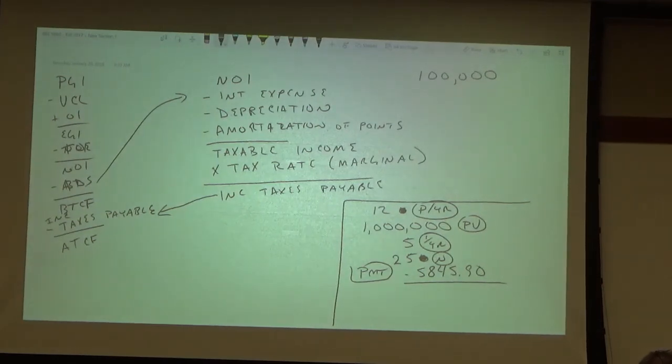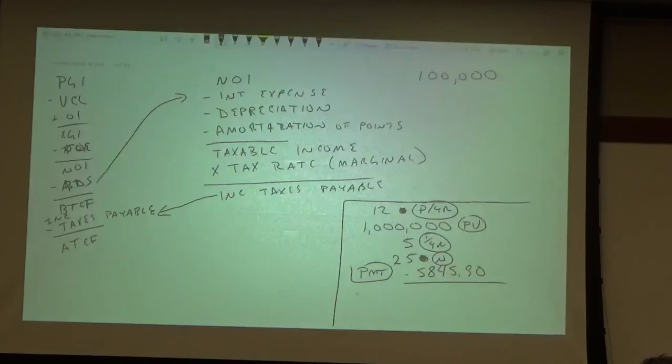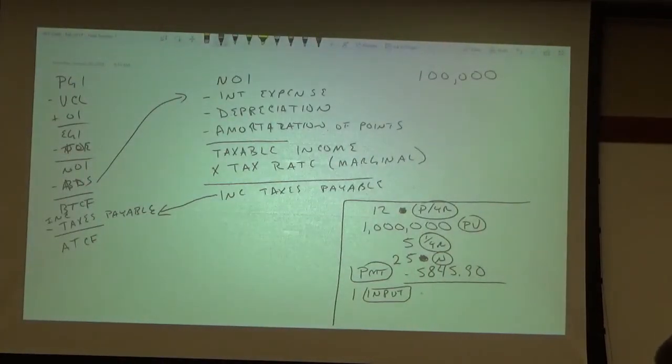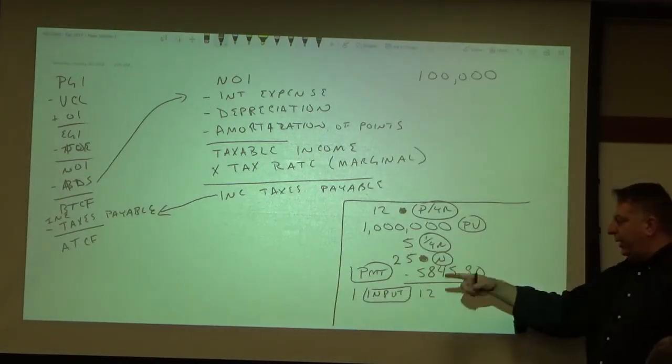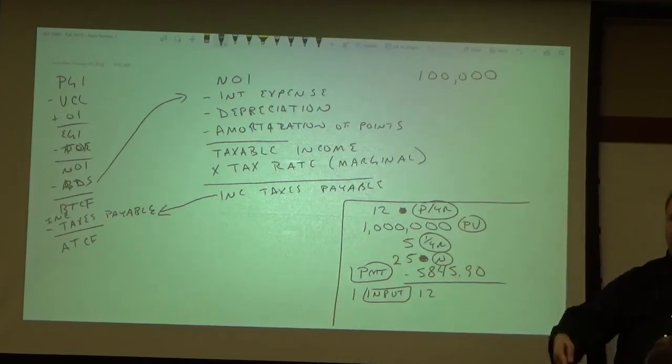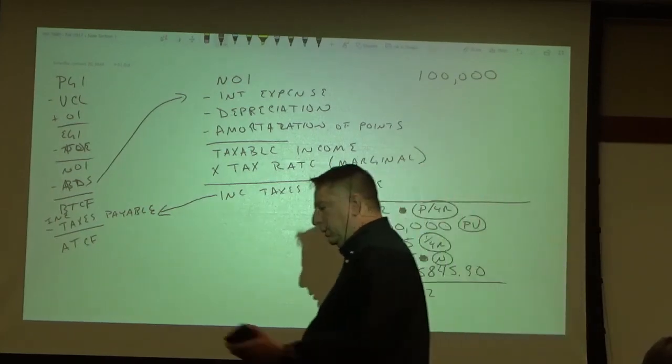Now, for the first year of this loan, we want to know what our interest expense is, because we need to fill that in. So we're going to use the amortization function. What we're looking for is period number 1 through period number 12, in other words, January through December of that first year. Remember last week, I said that for year 1, it's months or periods 1 through 12. If we want the second year, it's 13 to 24, and so forth. But for this year, 1 to 12,